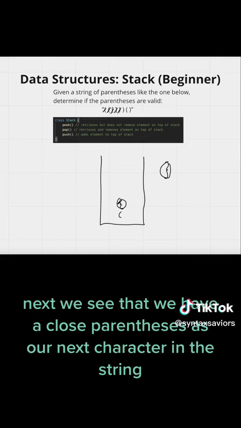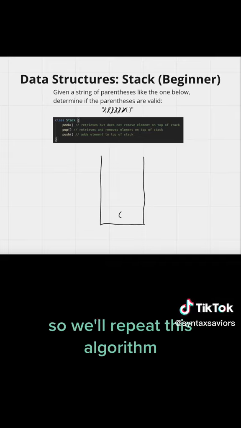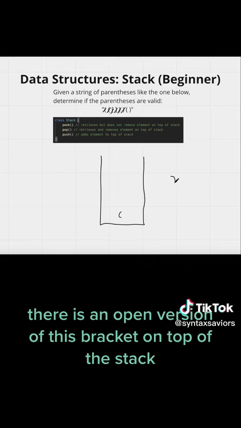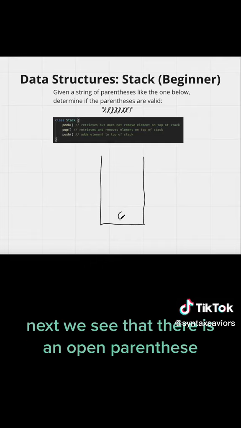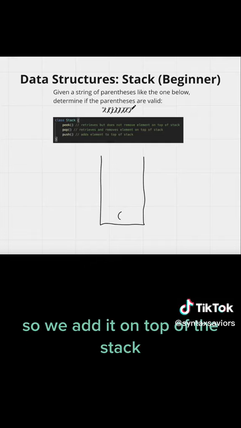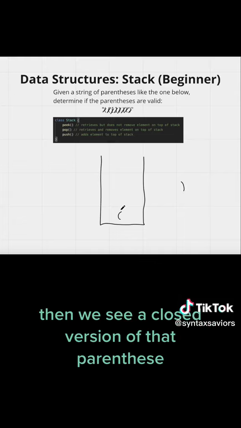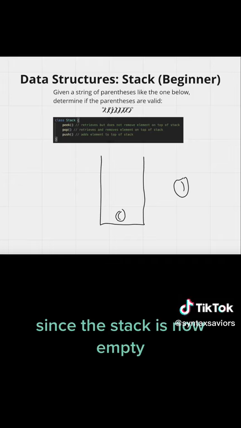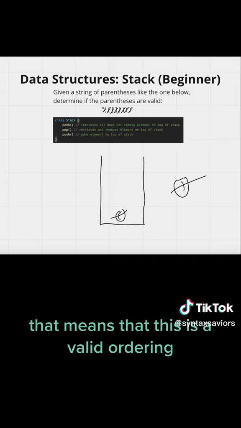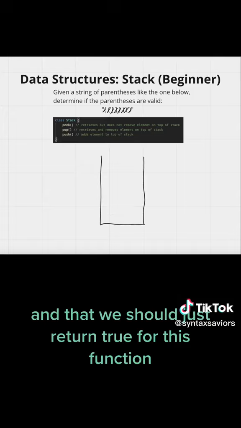Next, we see that we have a closed parenthesis as our next character in the string, so we'll repeat this algorithm. There is an open version of this bracket on top of the stack, so we will pop from the top again. Next, we see that there is an open parenthesis, so we add it on top of the stack. Then we see a closed version of that parenthesis, so now we'll pop again. Since the stack is now empty, that means that this is a valid ordering and that we should just return